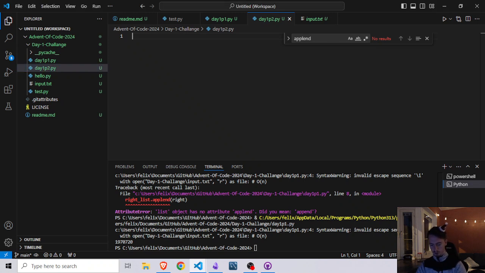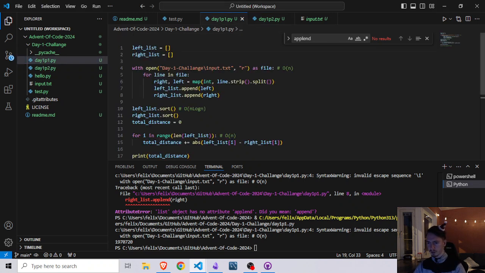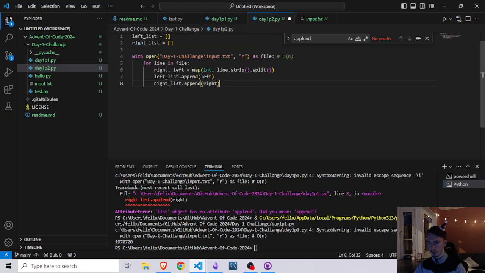Let's try to code it. So once again, we will need the left list and the right list, of course. Actually, let me just take the open file as well. And yeah, we will map the left and right side again, and then append it, of course. So that's to just separate the left side and the right side, so the data is a bit easier to work with. Now, what we will do is that, instead of a list here,